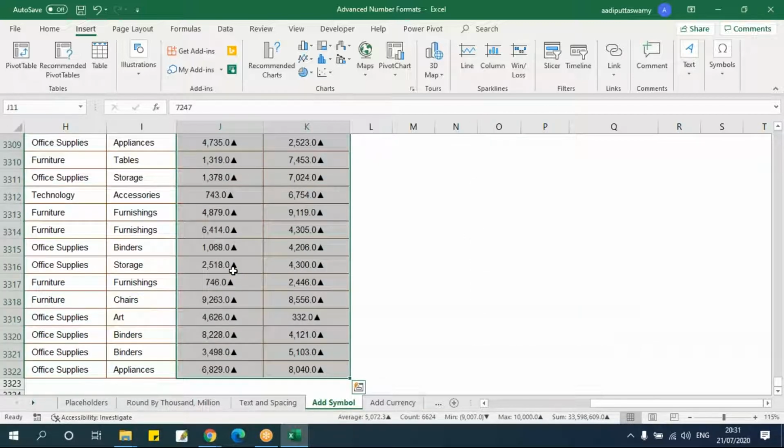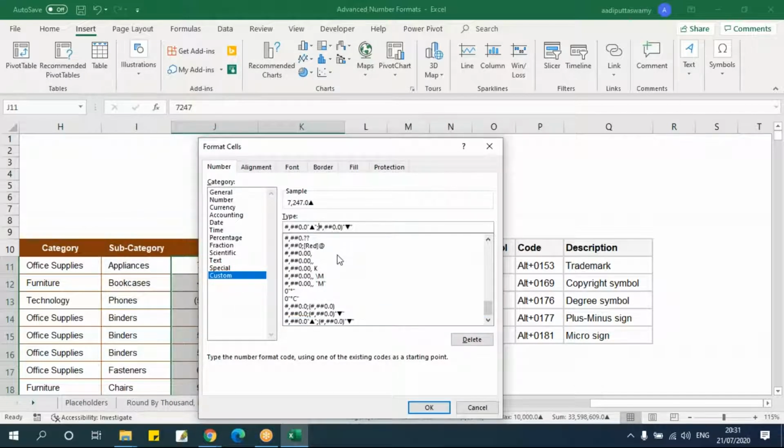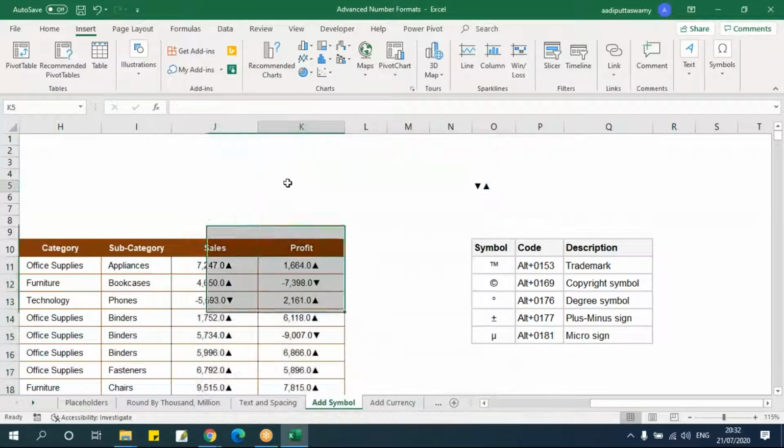Let's select this, Control 1. Now whatever this positive and negative is there, I'll just remove this negative symbol. Here I'll put a condition saying less than 5000. This is for condition, that is square bracket, then lesser than 5000, then close the bracket. So this square bracket, whatever is there, I'll just put this outside.